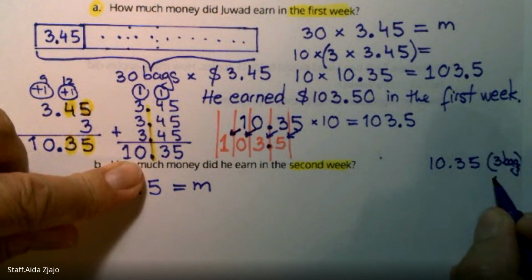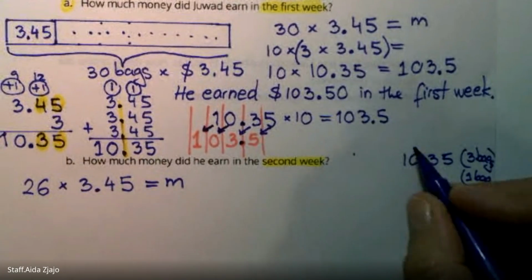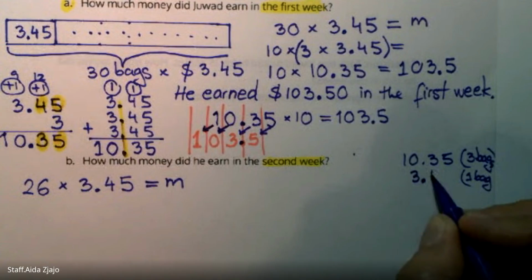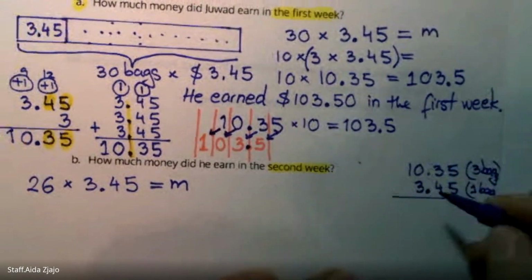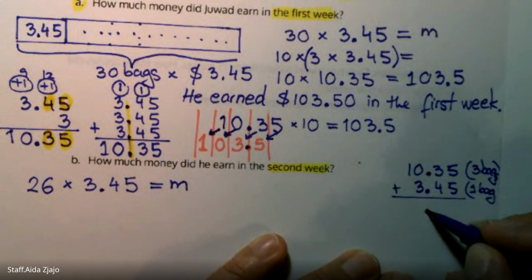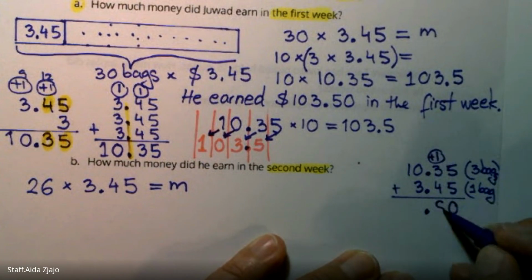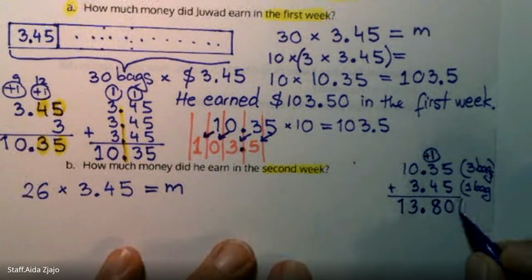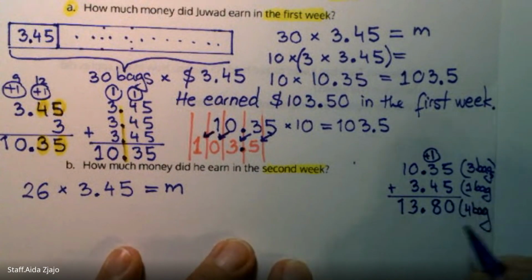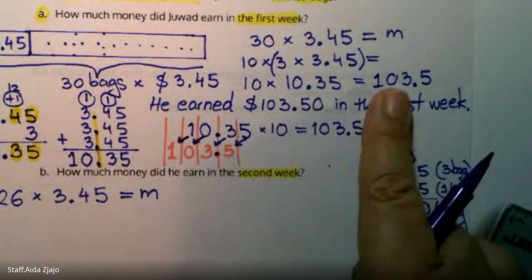Okay, so I'm going to add one more bag, and that would be 4 bags. $3.45, decimal plus. Okay, so 5 plus 5 is 10, remember 1. And then 4 plus 4 is 8, plus 1 is 9, and 3. So the 4 bags is $13.80. You already know 30 bags is